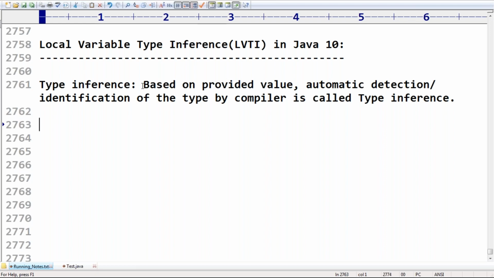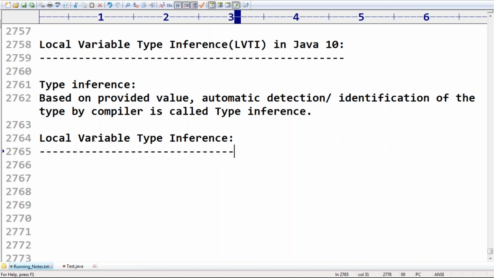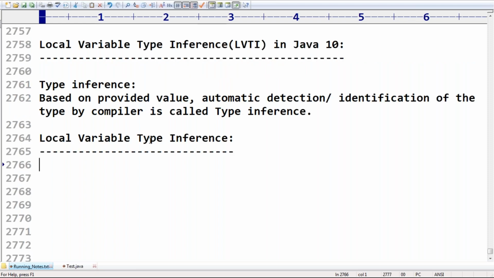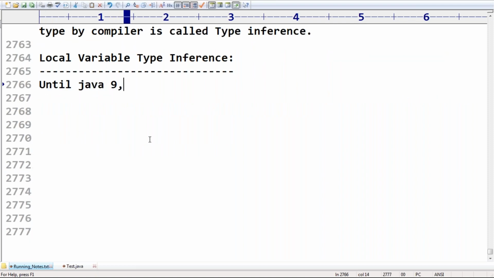Next, what is local variable type inference? Here it is the same: automatic detection of the type for local variables. This concept came in Java 10. Until Java 9, for local variables, we have to declare the type explicitly.